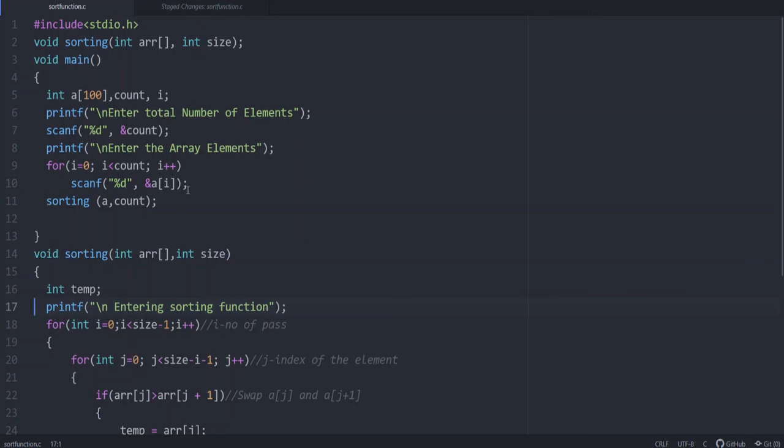When you pass an array as an argument, remember that both in the function declaration and in the function definition, you need not specify the size in the square bracket; you can directly give the square bracket, and then give the size as a second argument. The next thing is that when you call the function with an array as the argument, you need not give a square bracket or size. You just have to mention the name of the